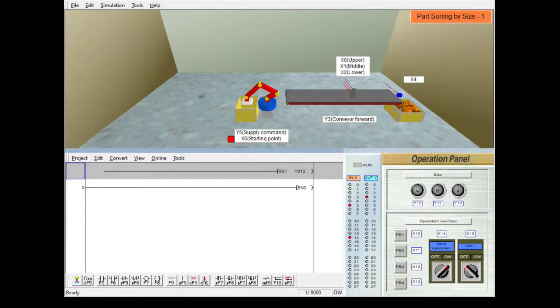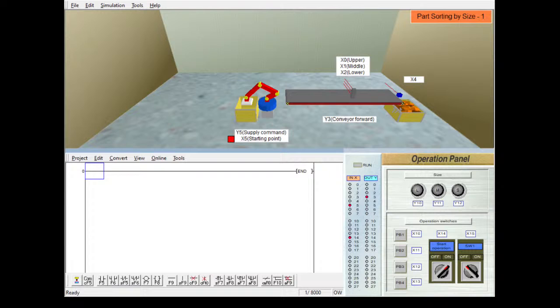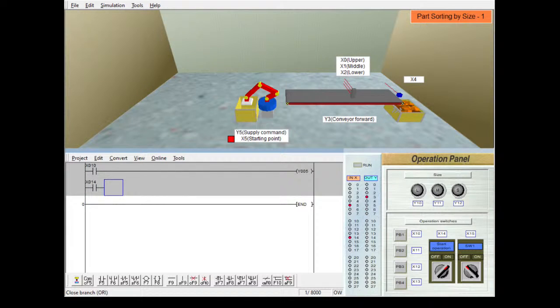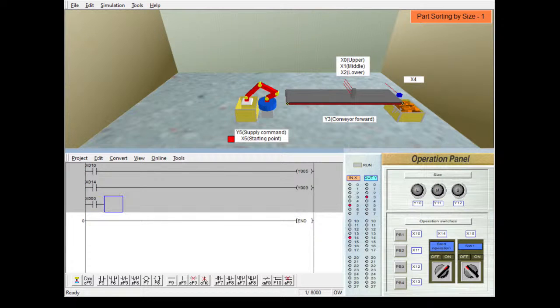Delete. Okay, so we start: x10 will be equal to y5. Okay, that's the first thing. Then of course our switch x14 will be equal to y3, and then we can now say a normally open of x0 plus a normally open of x1 plus a normally open of x2